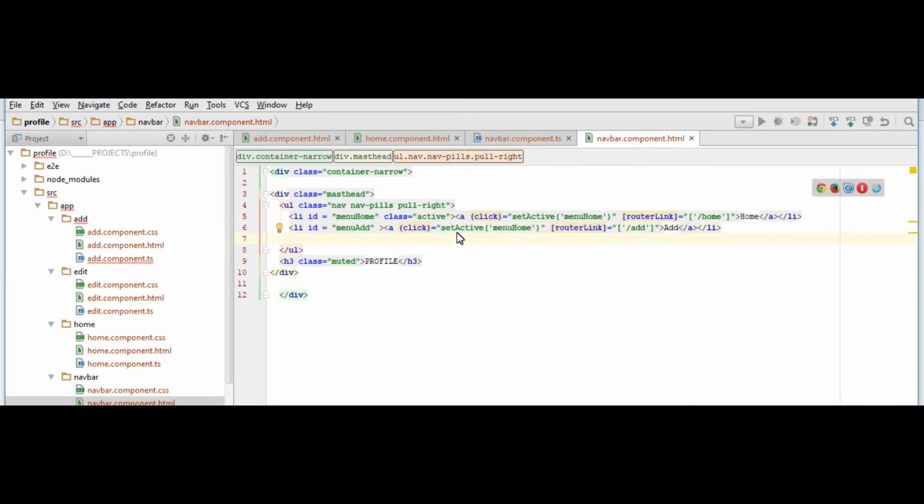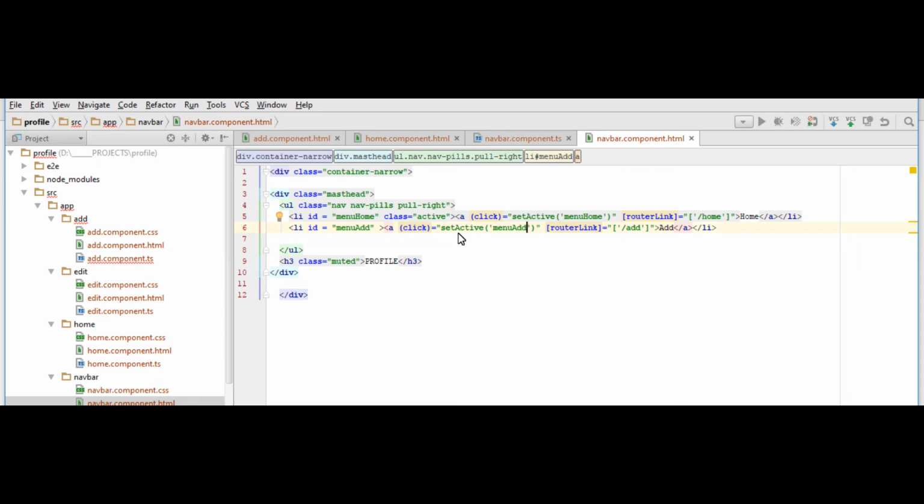So setActive now, we're gonna pass a parameter inside. Since this is the menu add, we pass menu add. Next, we have to put the function setActive in our navbar component ts file